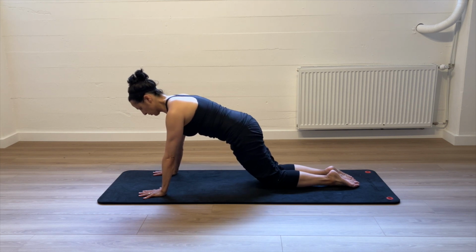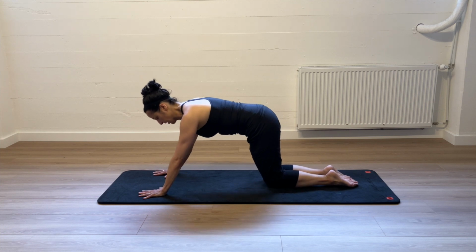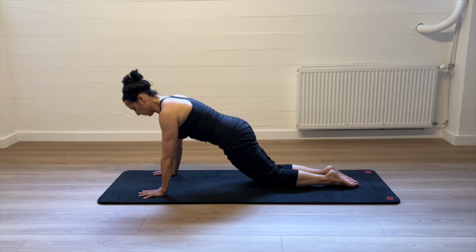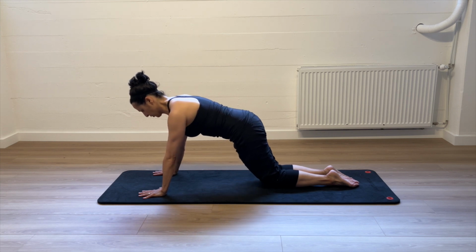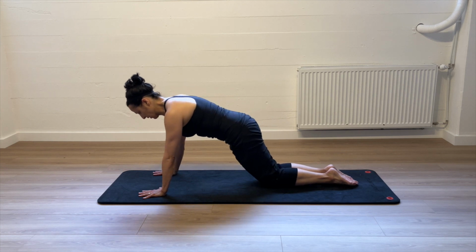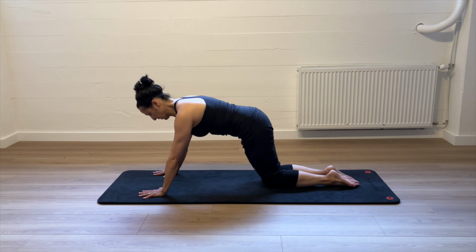I want to encourage you to do this. A lot of people say we have sensitive wrists and that we shouldn't do weight bearing. But you want to try to think of this as exposure therapy. You're going to expose your wrist to a bit of load and then come back. So even if this is the only exercise you do on the hands today during this training,